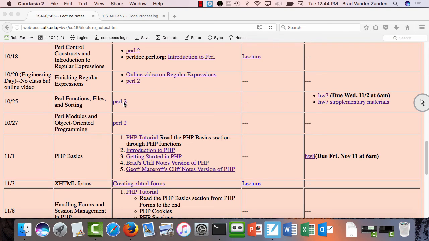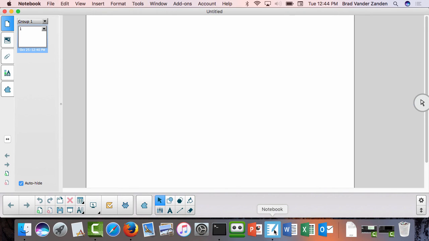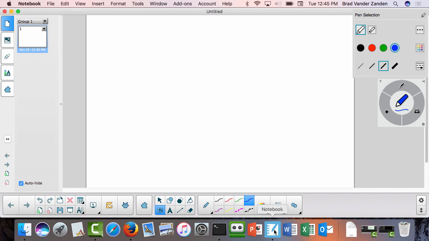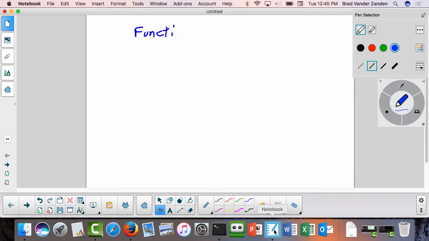Okay, so we again will be talking about version 5 of Perl. Version 6 of Perl is going to be fixing some things, both with objects and with functions, but all of this is going to be version 5. So, getting going, with functions,